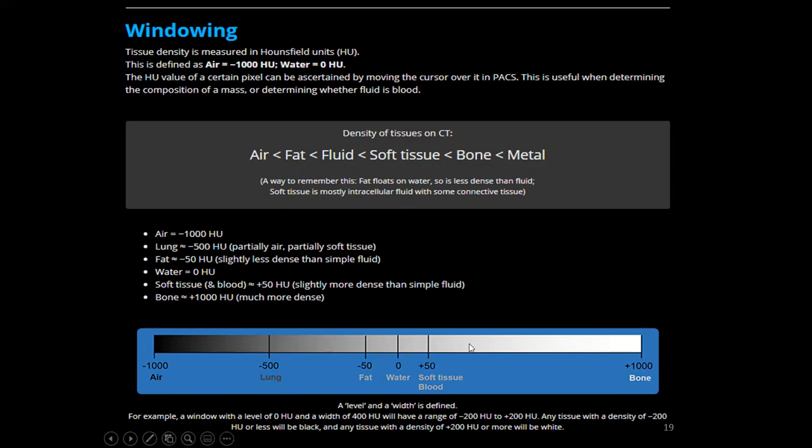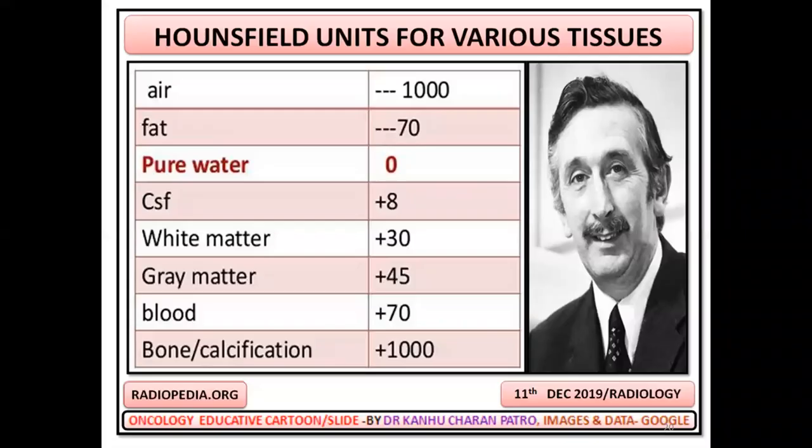If there is some confusion, see the Hounsfield unit. Suppose there is a pleural effusion or a mass. If you put your Hounsfield unit cursor on that part, you will see zero if it is near water. But if there is a mass, you can see it is 50. So you can differentiate between the various structures.